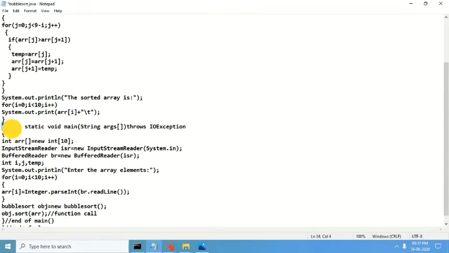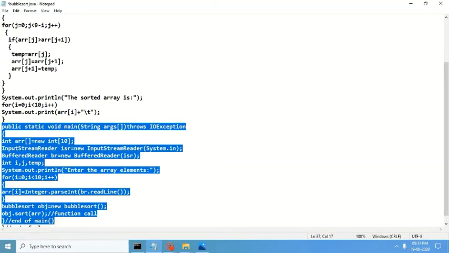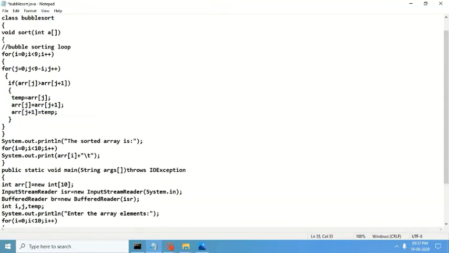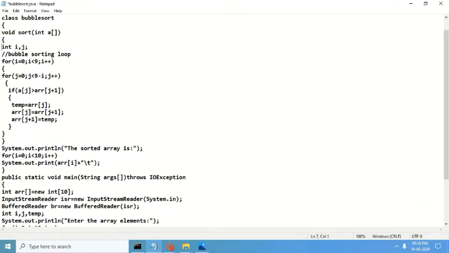After this, okay, this is the main function. So we go to the function now. In the function, we have taken the array name as a. So we need to change all the variables inside the function of the array. Also, we will be requiring i, j and temp here. So we will be declaring these variables here, int i, j and temp. Moreover, the variables j and temp are not used in main, so we will be removing them from main.